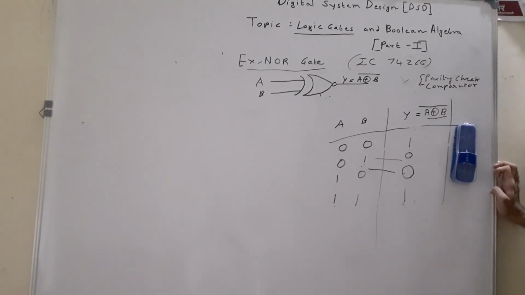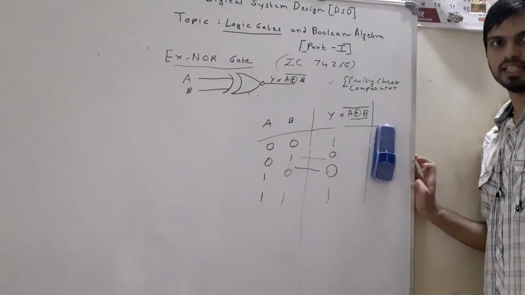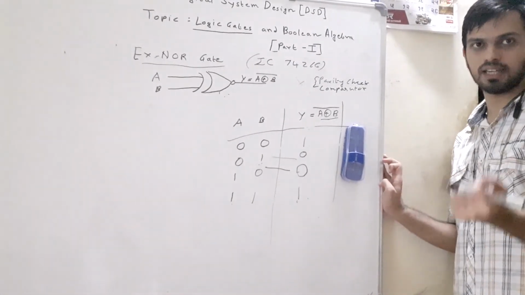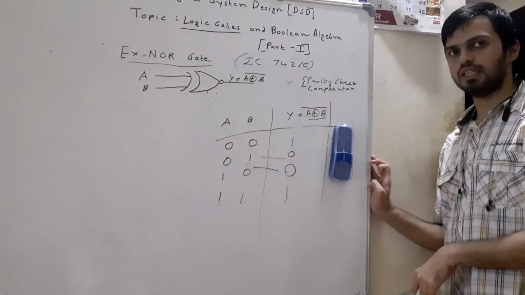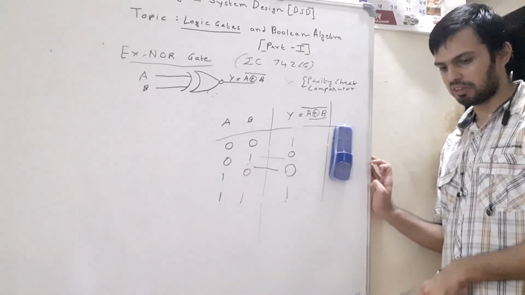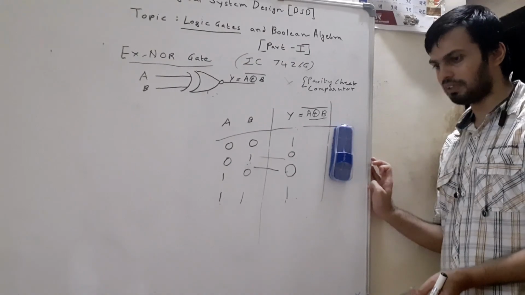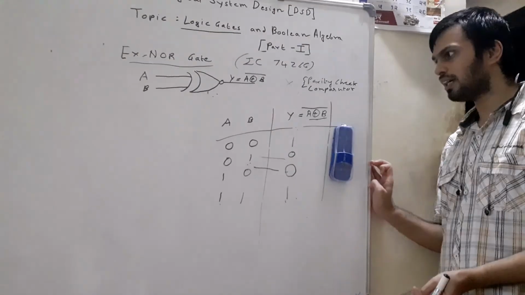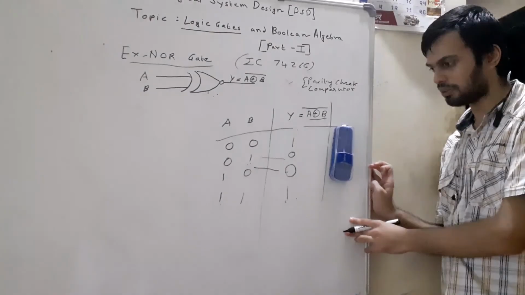With this we complete the topic of logic gates over here. So these are the logic gates in which there are basic gates, derived gates and universal gates also. So with this we come to an end towards our topic of logic gates. Certain applications will be discussed when we will discuss combinational circuits. But for time being, these are the only logic gates you should know.